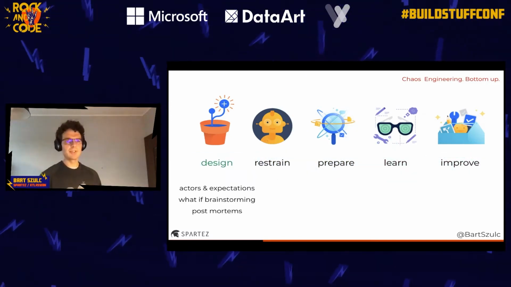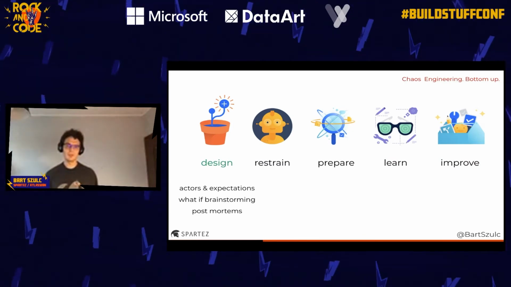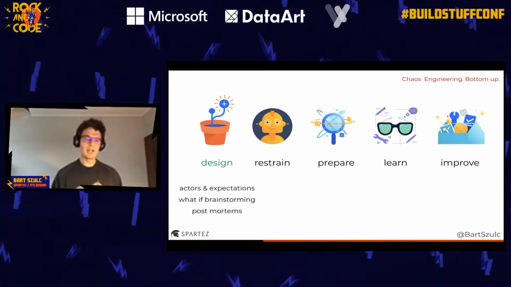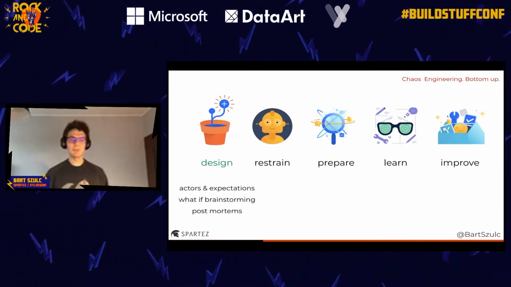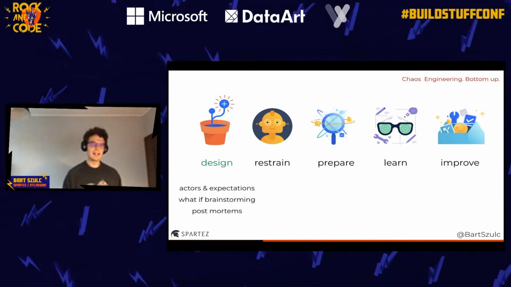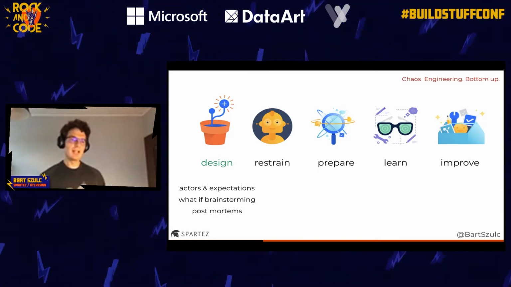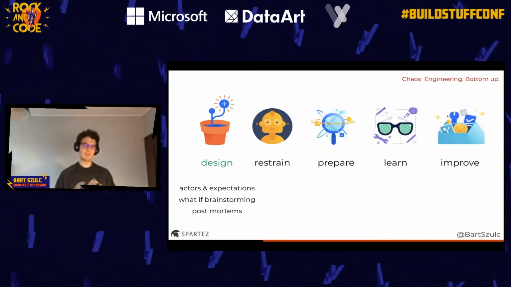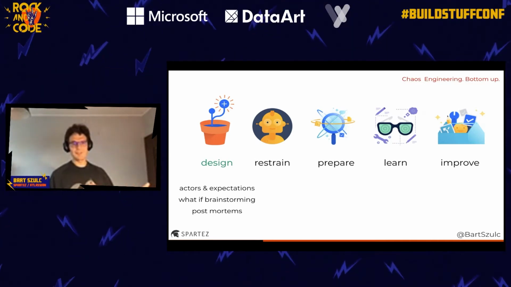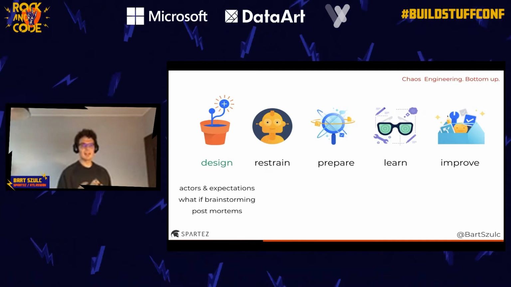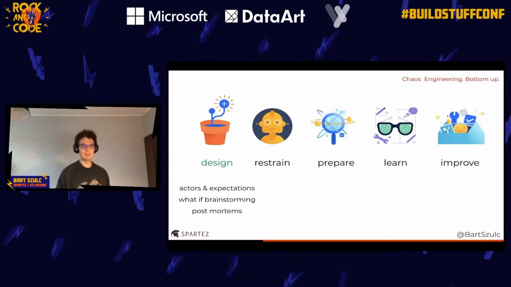The first one is design, right? So this is where you brainstorm with a team or with a group of people what kind of real scenario you want to experiment on, you want to replicate during a chaos engineering session. We usually start with actors and expectations. So we are responsible for some kind of service. This service is used by a broader system, and there are people or other services that have some expectations toward us. And this helps us understand what is the steady state that is expected by those actors.